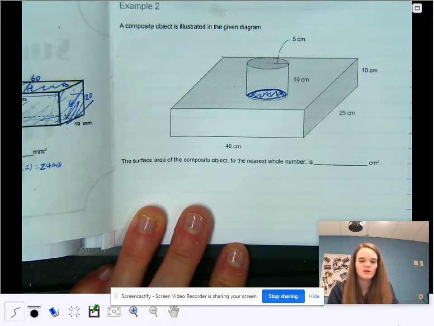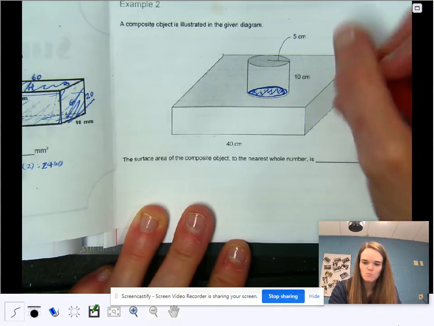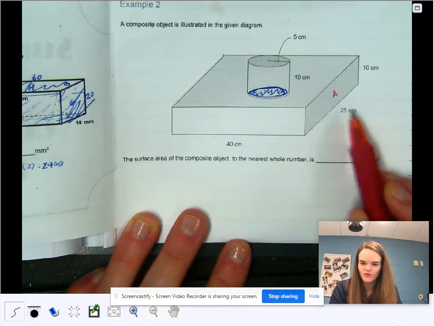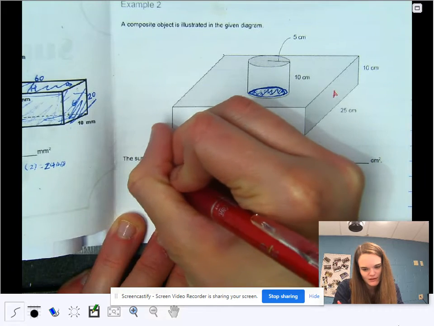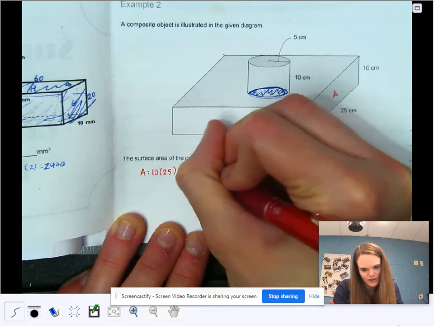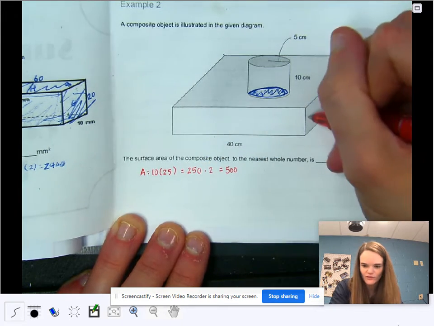That's actually kind of easier because we have 6 sides, pieces, or whatever here. So I'm going to say this is A, and there are 2 because there's the front and the back. So 10 by 25 is A, and that's 250. And there are 2 of them, so it's 500. Okay, so that's this section